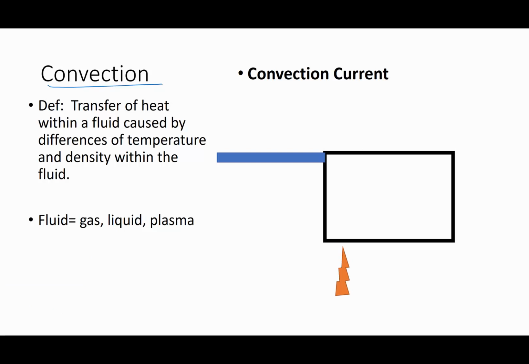There are three different ways heat can be transferred: conduction, convection, and radiation. And in this video, we're concentrating on convection. Now, the definition of convection: it's a transfer of heat within a fluid caused by differences of temperature and density